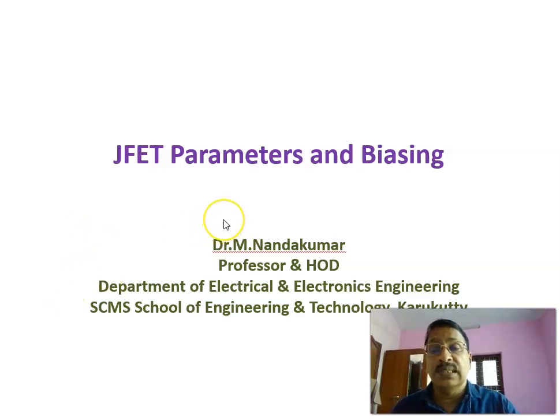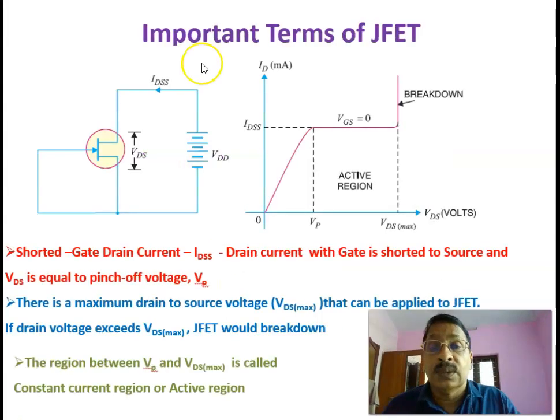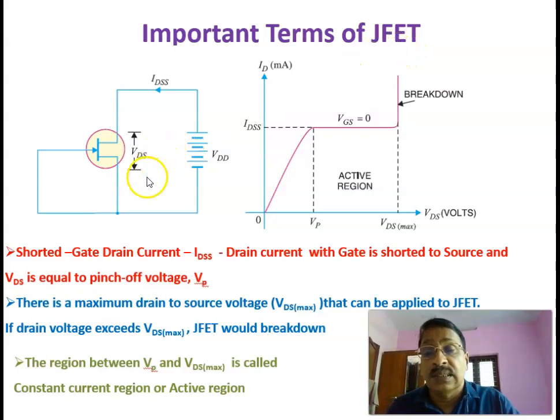In this presentation, I'll be explaining the different parameters of junction field effect transistors and the biasing methods of JFET. Now let us see the important terms of junction field effect transistors. This is a diagram showing a JFET in which the gate is short circuited to the source, or VGS